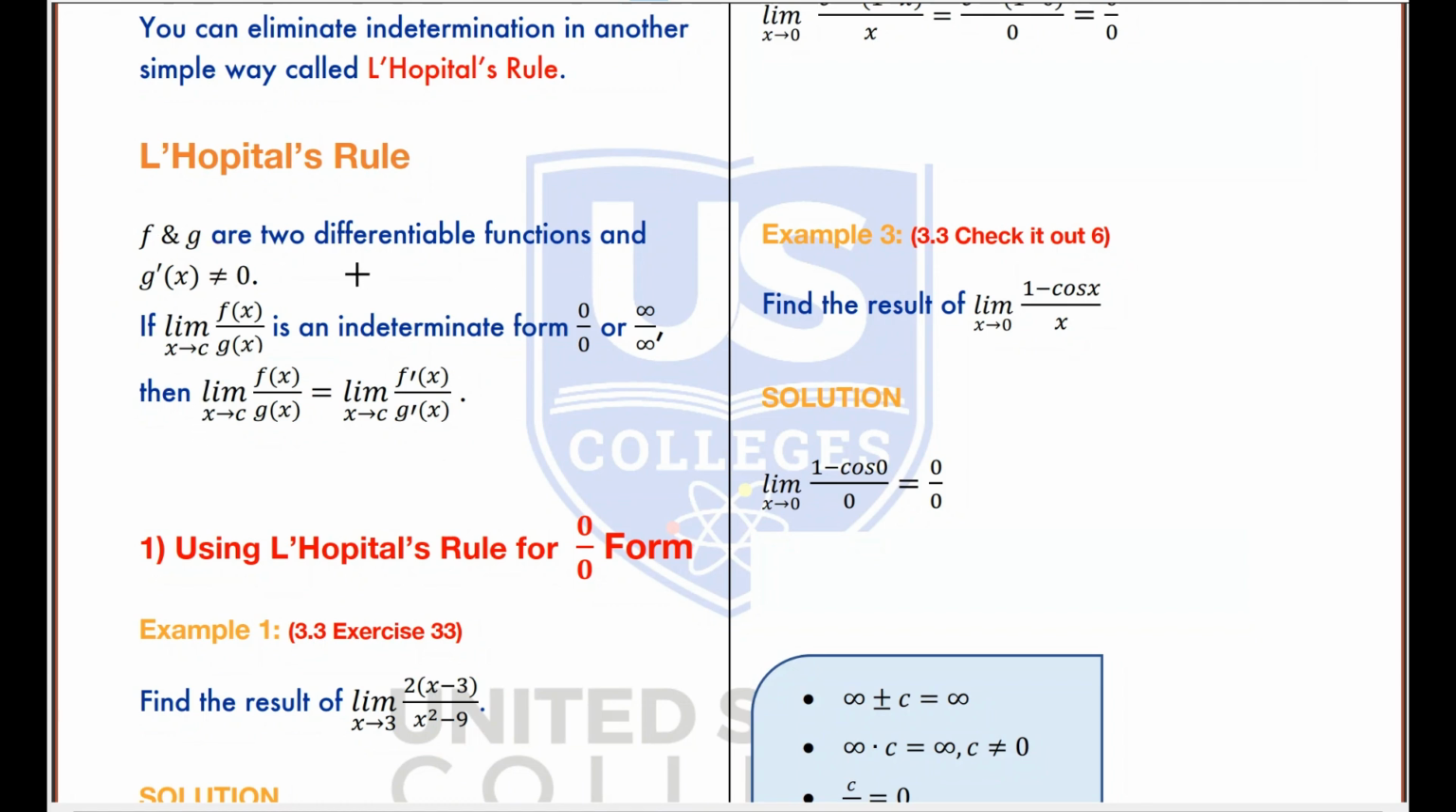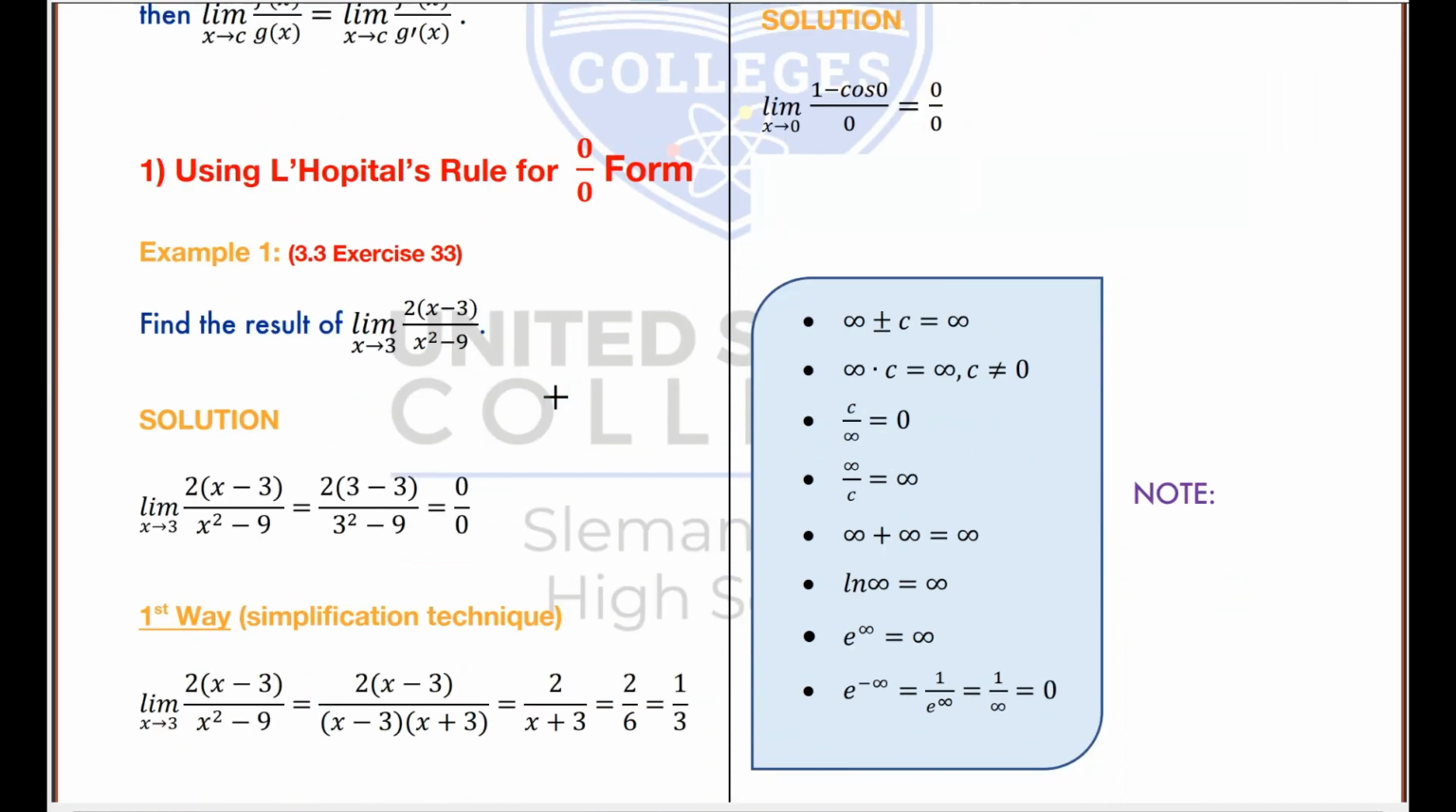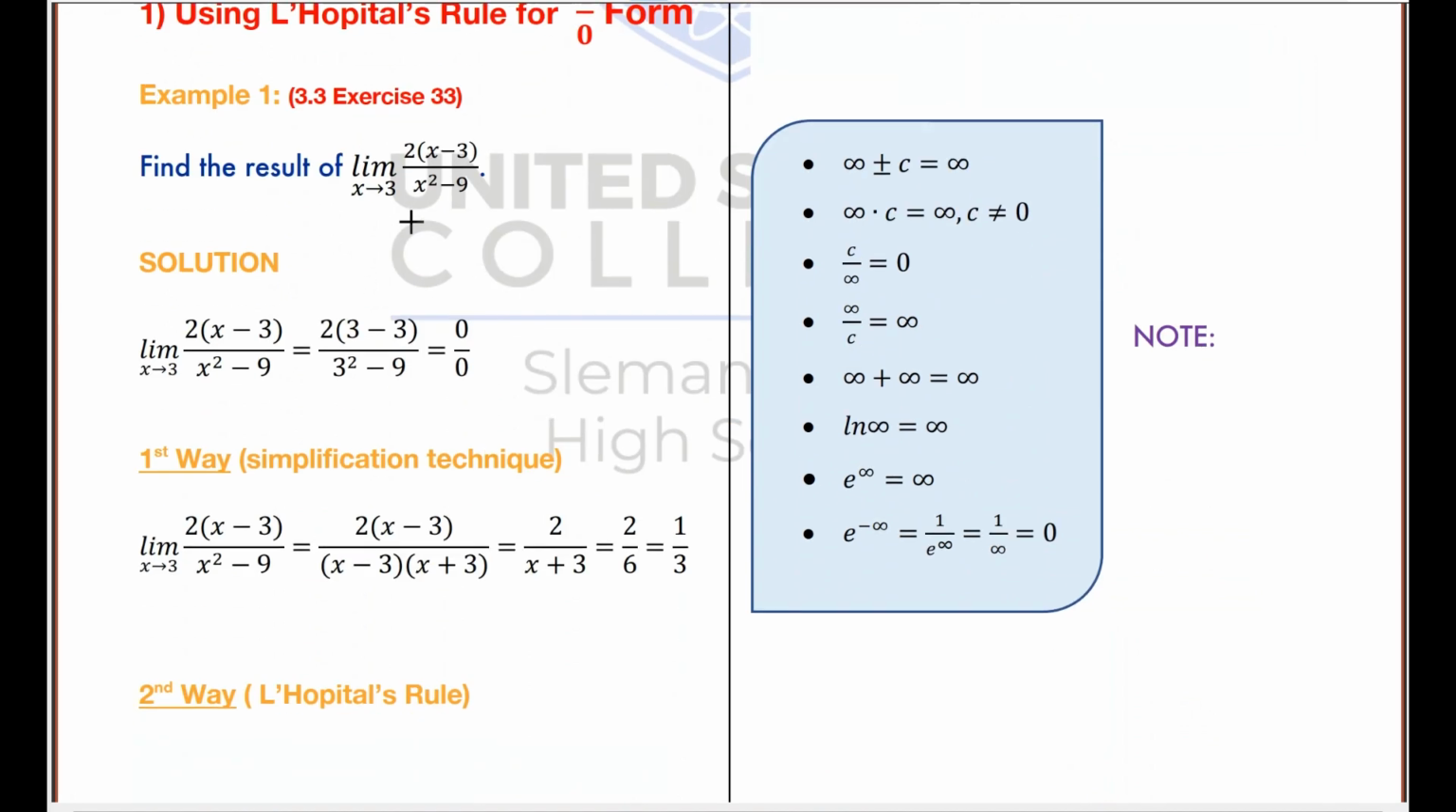We may have the 0 over 0 case, the infinity over infinity case, and sometimes we need to apply L'Hopital's rule more than once. So we will solve every type of question that you may face. First exercise question: limit as x approaches 3 of 2x minus 3 over x squared minus 9. When you do direct substitution, you get 0 over 0. So in chapter 2, we studied how to rewrite the function by using simplification techniques. Here, we need to apply